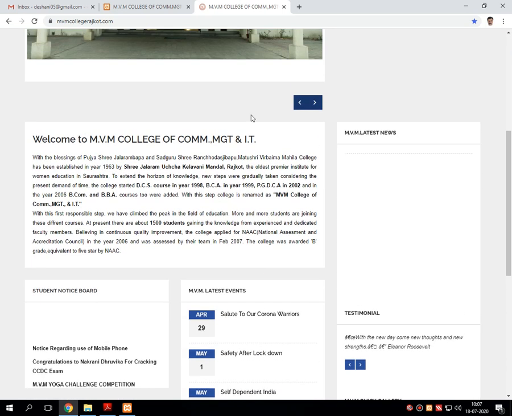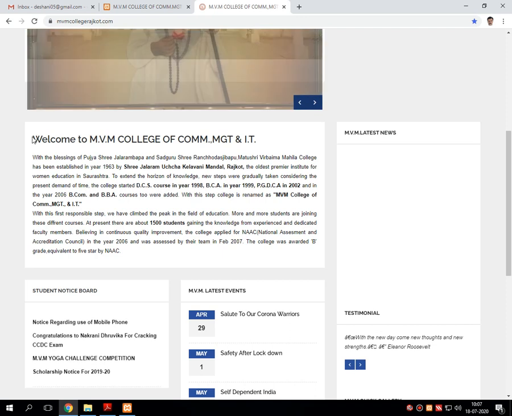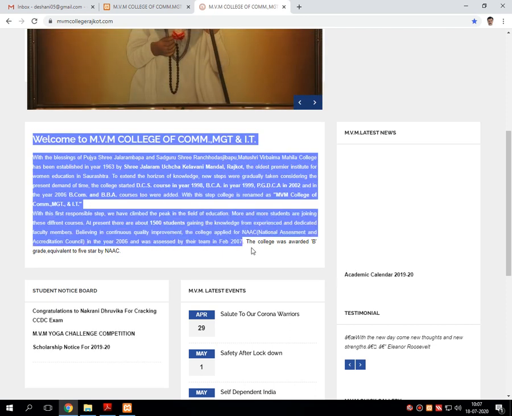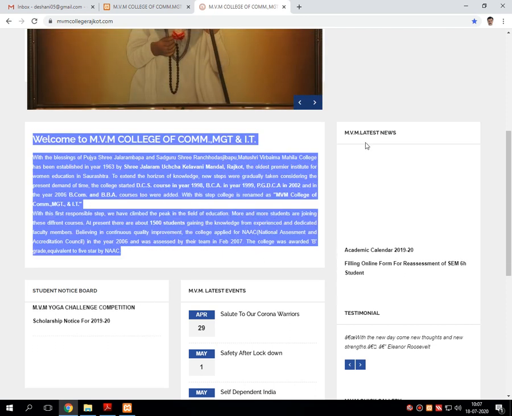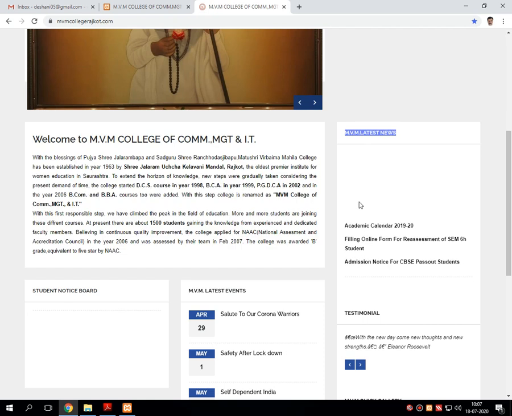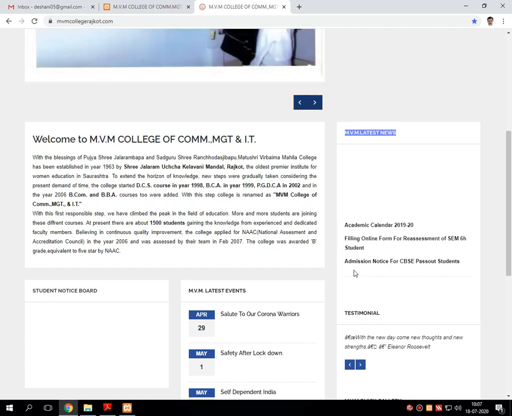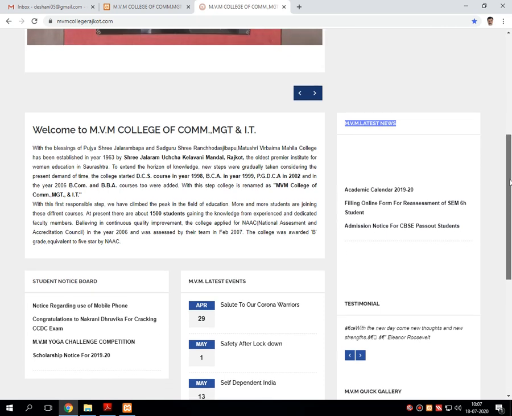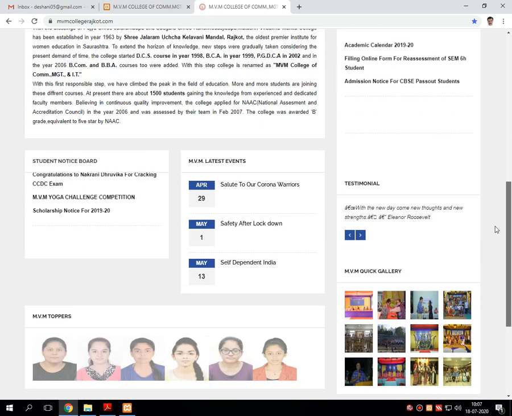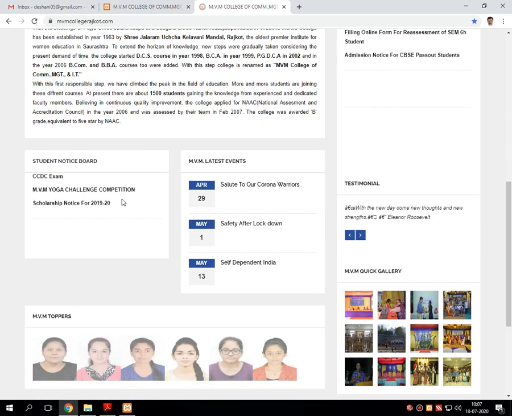Then below these two, there is a short description about our college, news published by the college for the students, and it is general for all the students. This notice board is specially for the college enrolled students.